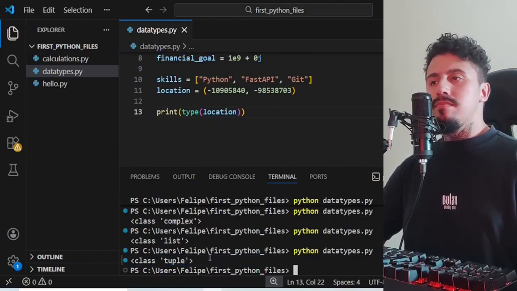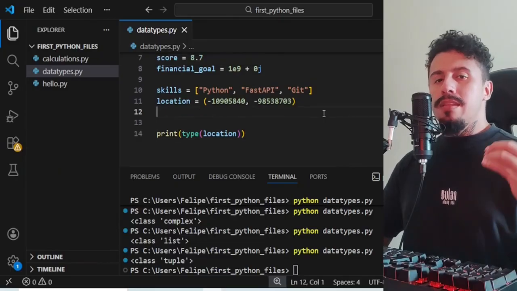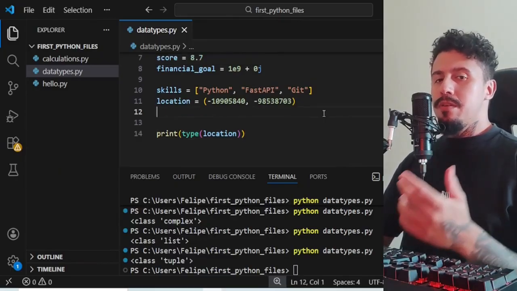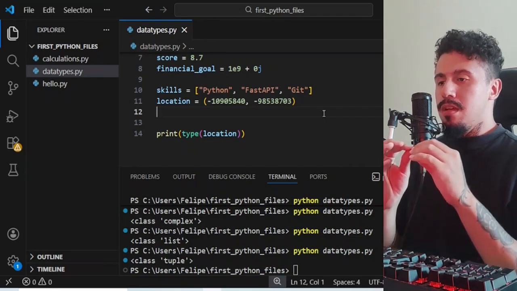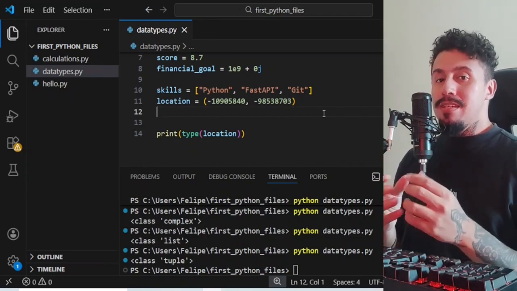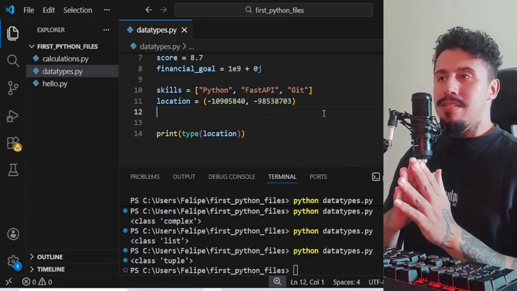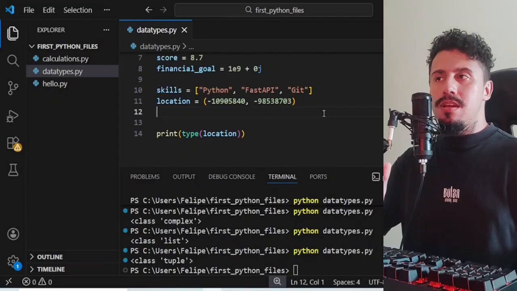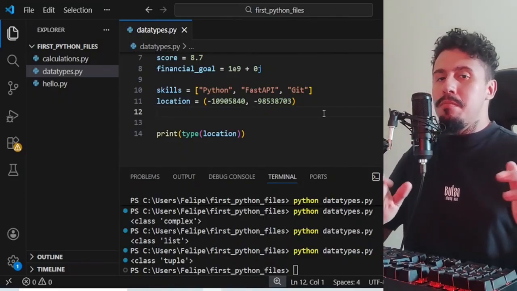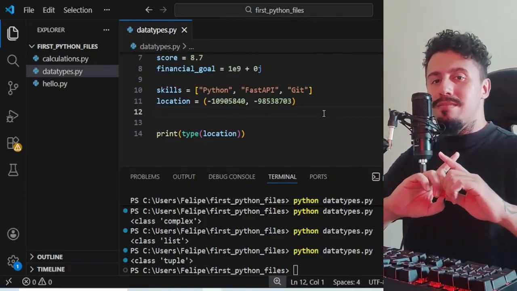Okay, so this is the data type, tuple. And the last sequence data type that I want to show you right now is the range.